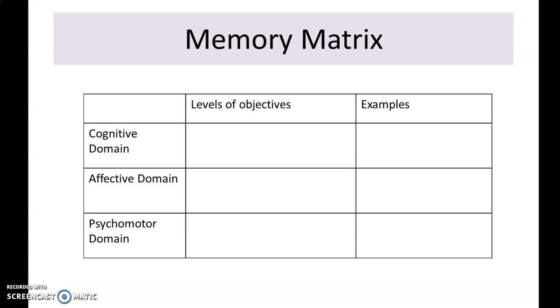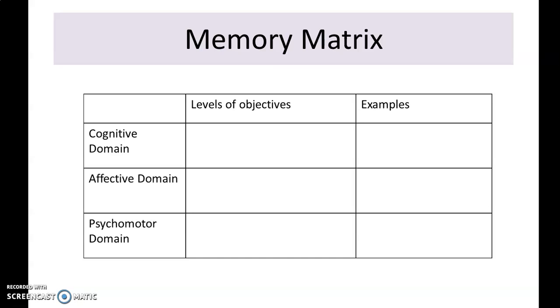Memory matrix. Memory matrix can be used in topics like these. Let us say the teacher has taught the students about the three domains: cognitive domain, affective domain and the psychomotor domain. So the teacher can ask them to list down the levels of objectives. That is, under cognitive domain, they will list down according to Bloom's taxonomy, remembering, understanding, applying and so on. Similarly, for affective domain and for psychomotor domain, there are levels of objectives and these levels will be noted down